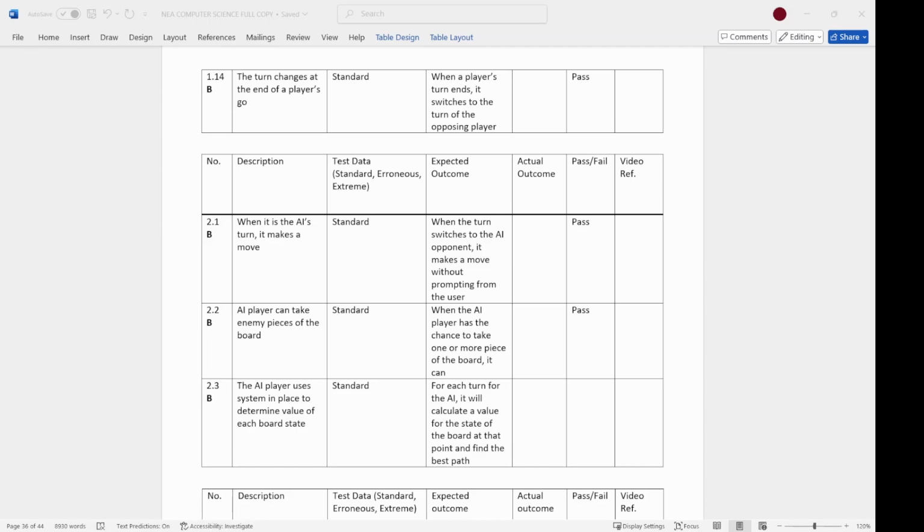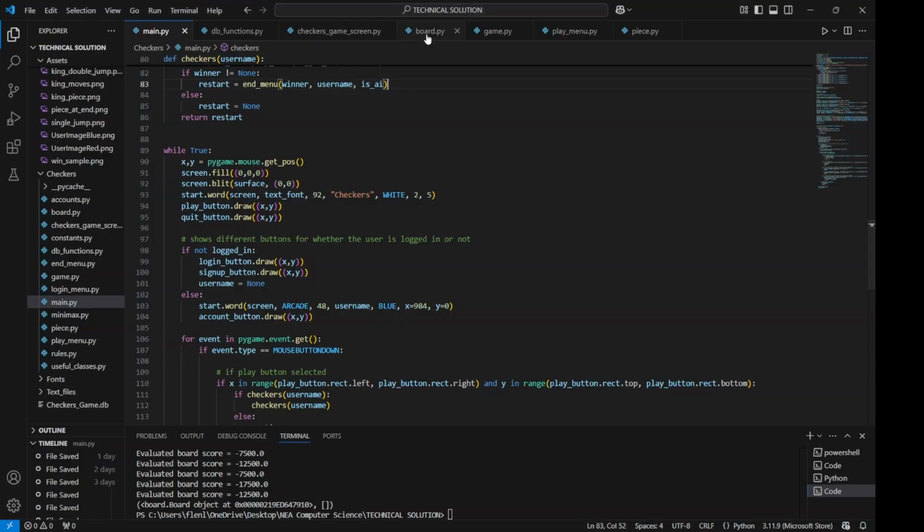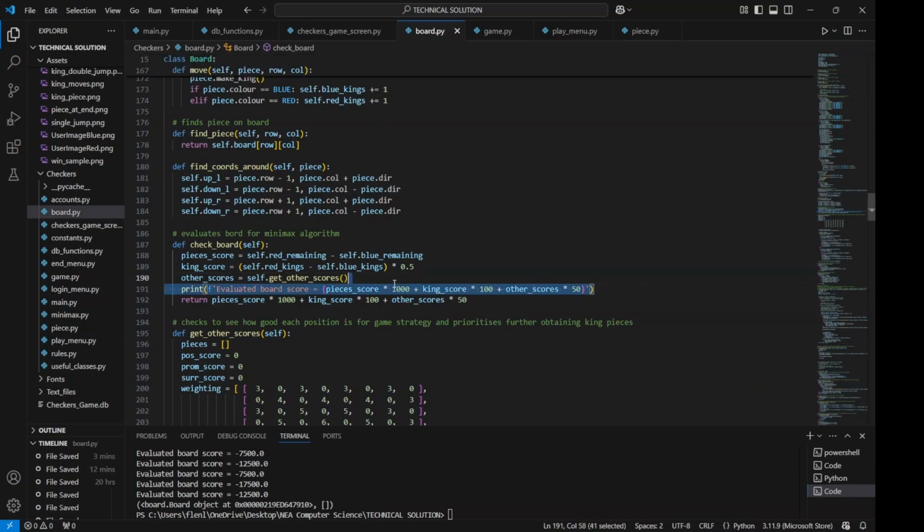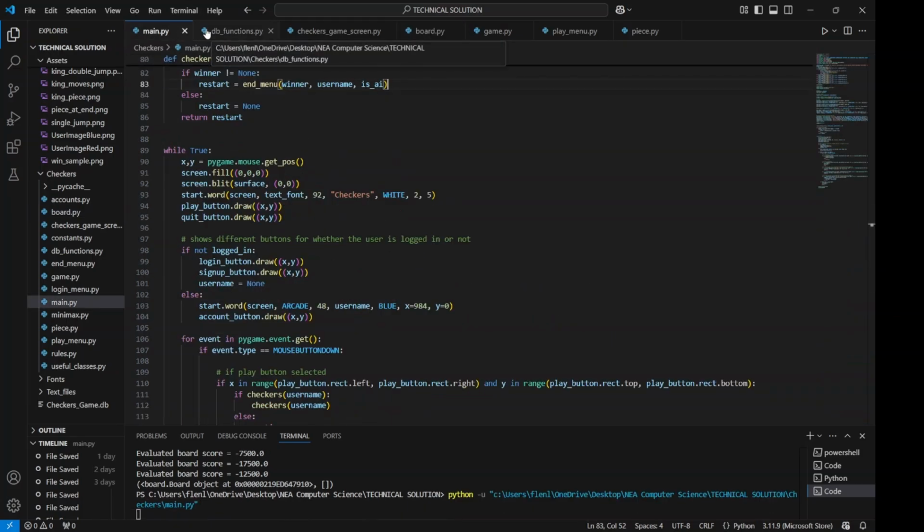The last black box test in the AI section, I will be testing whether the AI uses the system that I designed to find a value for each state of the board. I'll show this by inserting a print statement within the checkboard function to show that it is called when the AI needs it. You can see this print statement here. It shows the calculated value that will be returned in the following statement next to evaluated board score being printed out. So if I run the game,